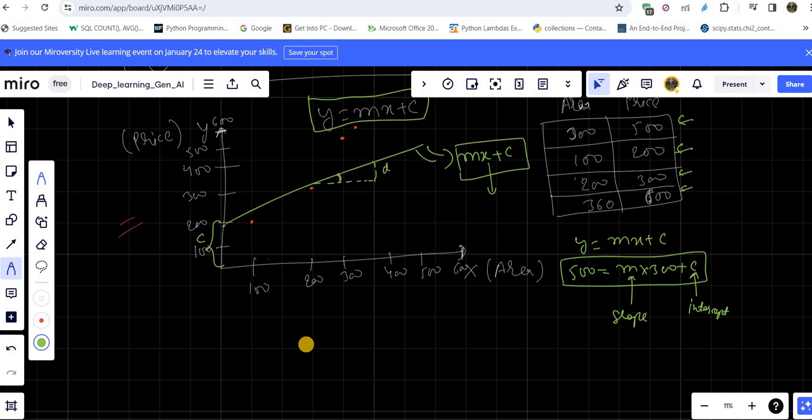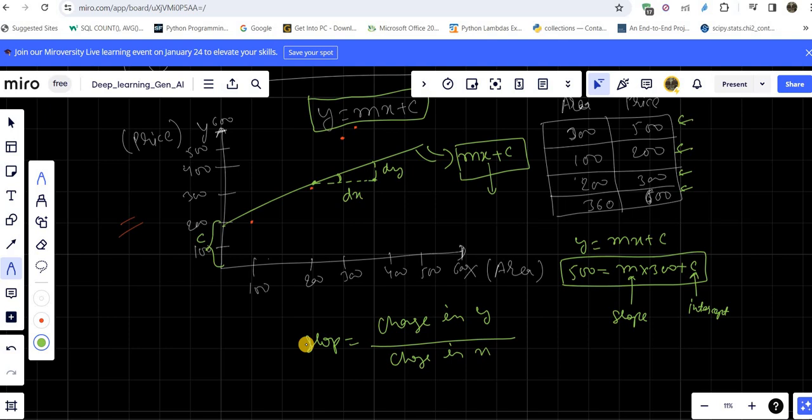Slope is, this is here, let me write dy, here let me write dx. So the formula for slope is change in y with respect to change in x. Means if I will change the 1 unit of x, how much y got changed. Okay, so if I'll change it, so from this point, like from 200, if I moved to 350, 200 to 350 here, then how much the value of y got changed?